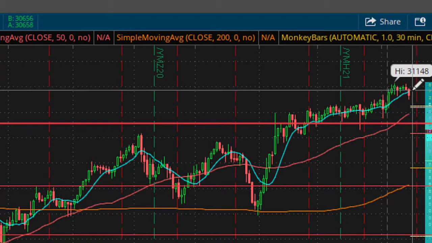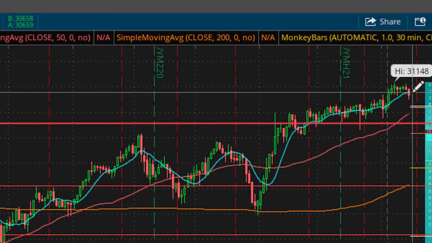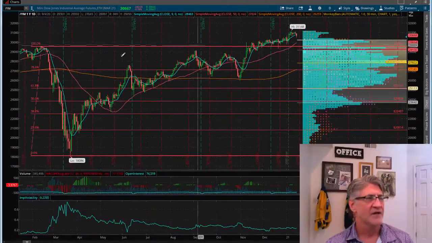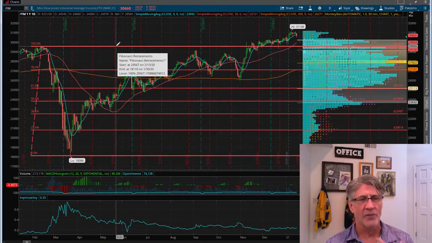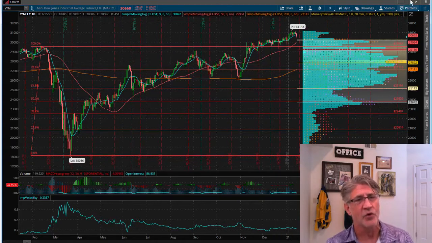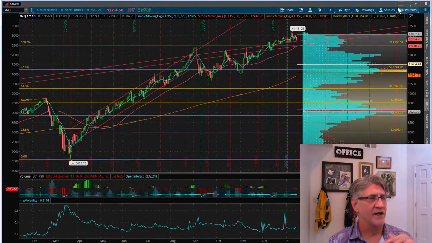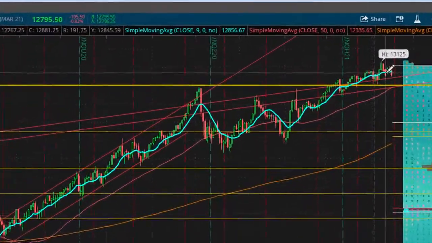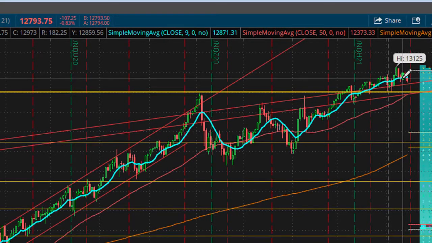A settlement below that line in the sand, that 9-day simple moving average, is really going to start making it look like we're going to want to roll back over, maybe down to this old high that we saw before the pandemic, or back down to the point of control here in equities. NASDAQ off by 100 points again, coming down below the same 9-day simple moving average. I mean, it's going to perform a little bit different because it's a different underlying.